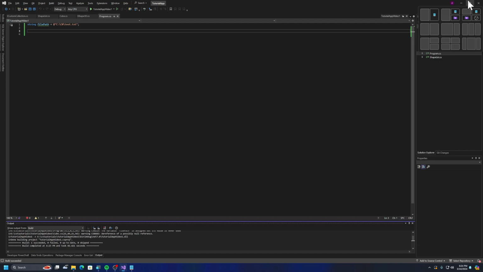Now, unlike File, this class is not static. So we have to create an object for our FileInfo class, and when we create a FileInfo object, we need to give its constructor the path to our file so it knows what file to get the information for. Alright, so let's go ahead and create that FileInfo object